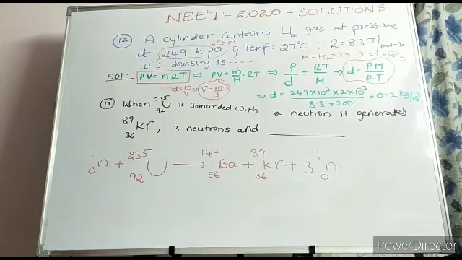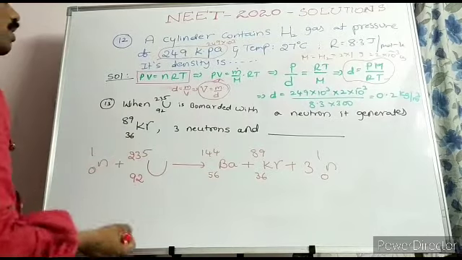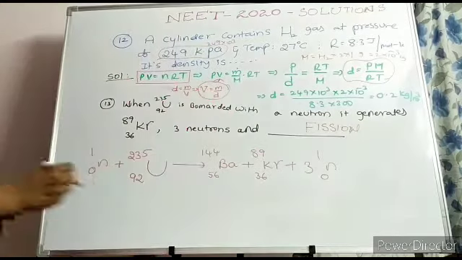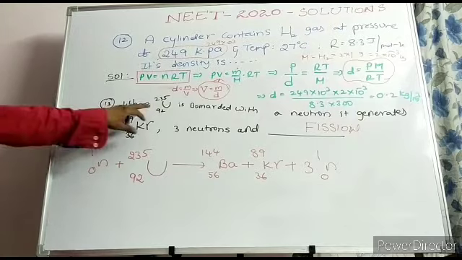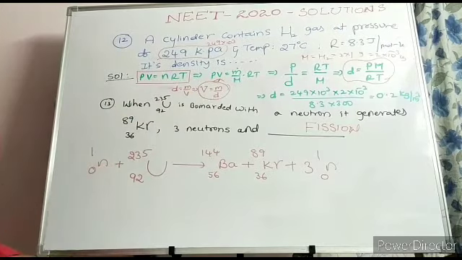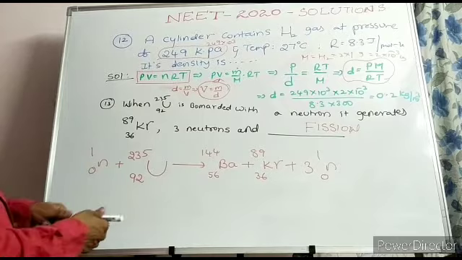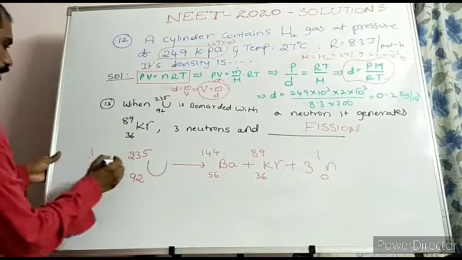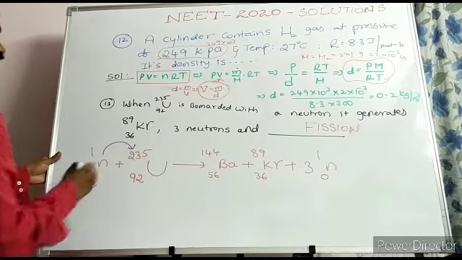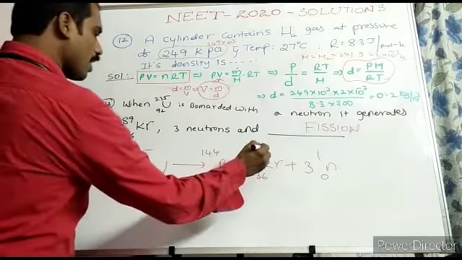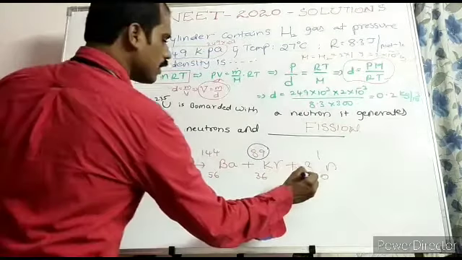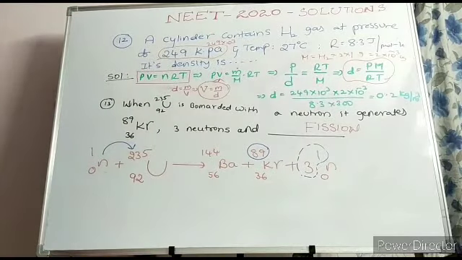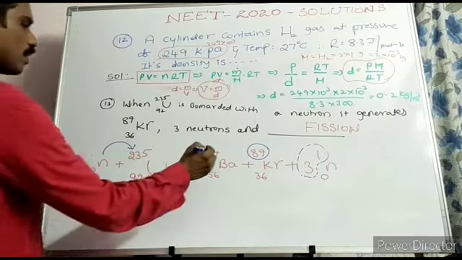And here we have another question. Nuclear fission reaction. According to this reaction, when uranium 92, 235 is bombarded with a neutron, it generates a krypton as well as 3 neutrons. We know that is the generalized expression when uranium is bombarded with a single neutron. Krypton is given 89, plus 3 neutrons. 89 plus 3, 92. Remains 144.